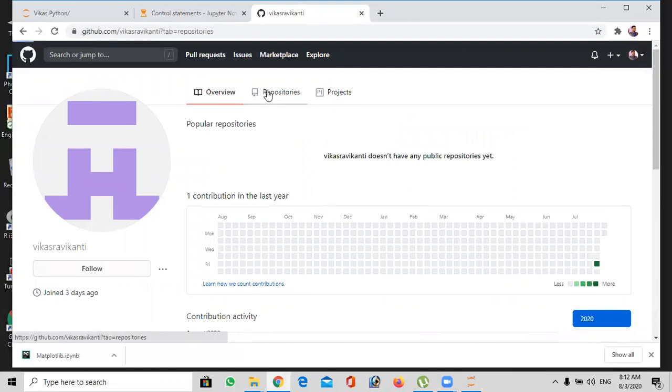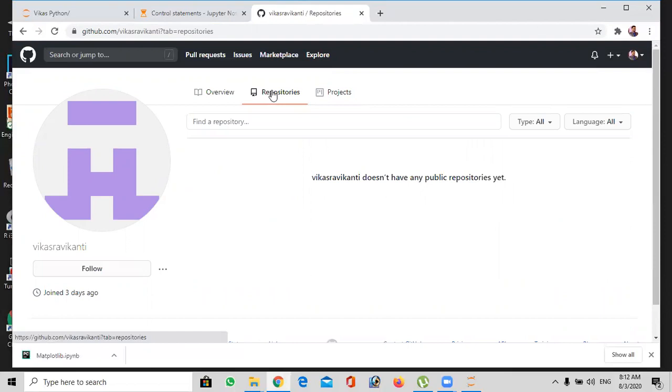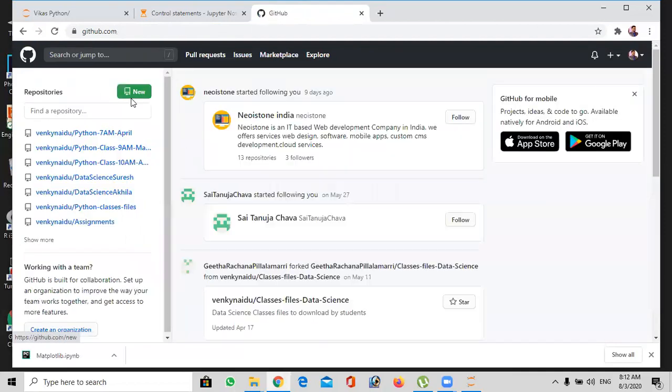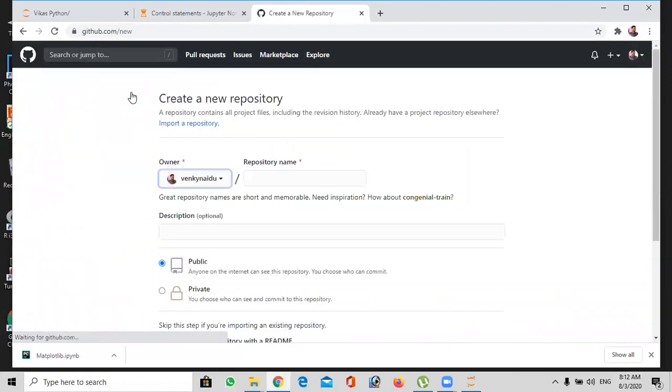You have to create the repository here. When you click on this, it will show some repositories. When you want to create a repository, it will be created here. For example, for your Python classes, we have to give the name Python. After that, we choose public or private. Sometimes we want to create a secret one. I kept some secret projects, like some data science projects, in private. Otherwise, all the remaining ones will be public.